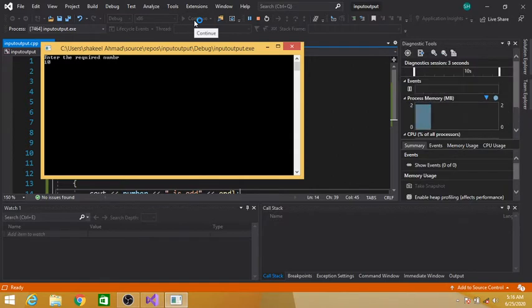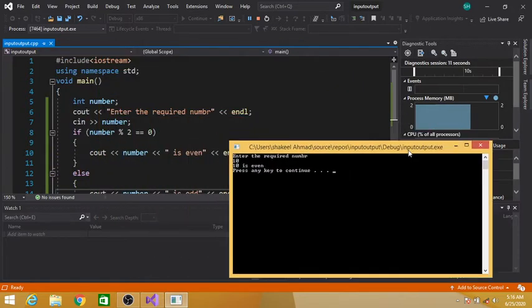For example, I entered 10. The number is even. Why is 10 even? Because 10 is completely divisible by 2: 2 fives are 10, remainder 0. So this condition is true.